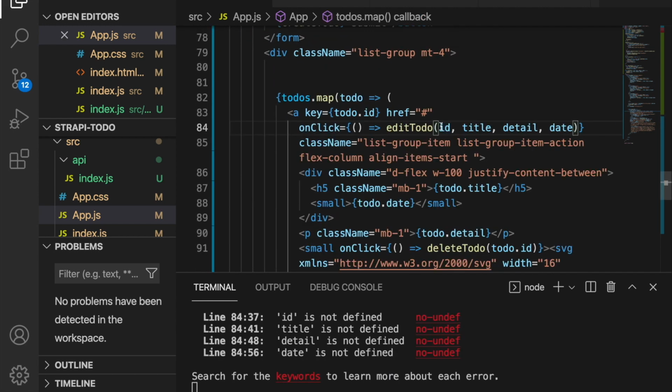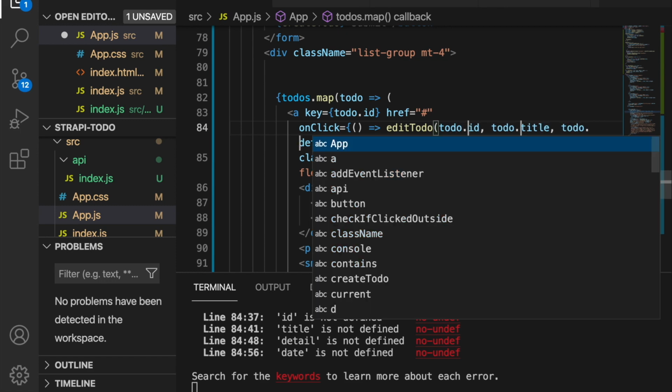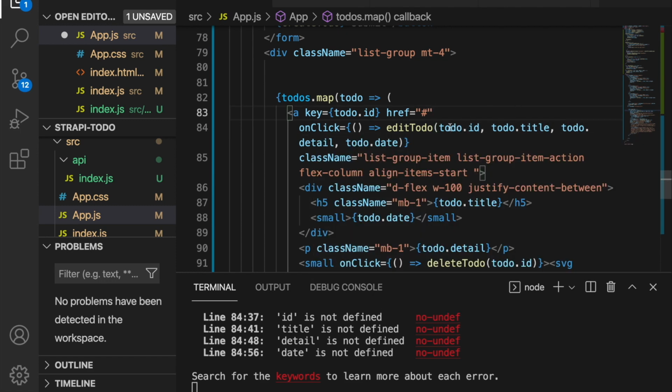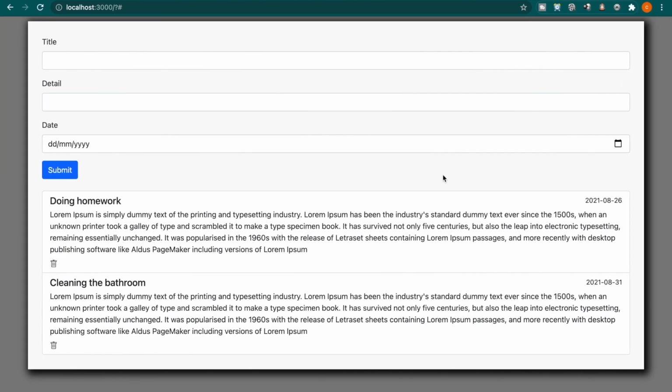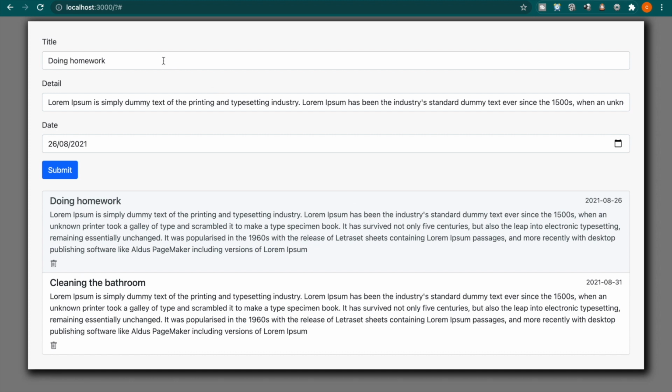And since we cannot just use ID because the ID is not defined here, instead we have the todo.id, todo.title, and todo.details. So we have to add the todo dot in front of each of these values. So now if we go back to the project, if we click on this, you can see the value displayed